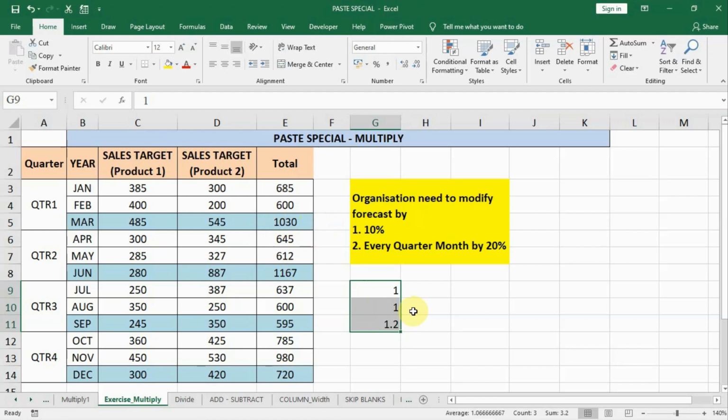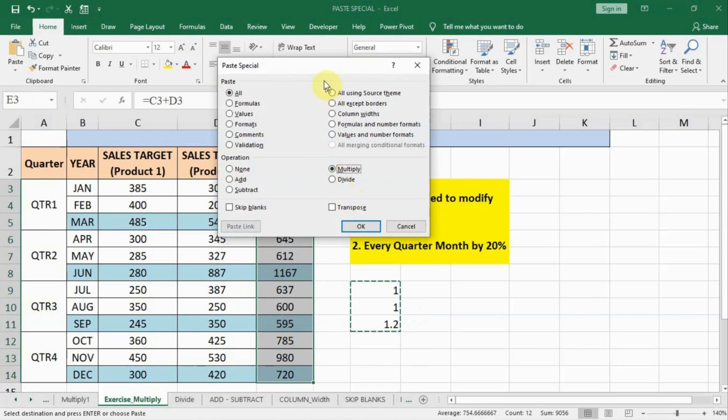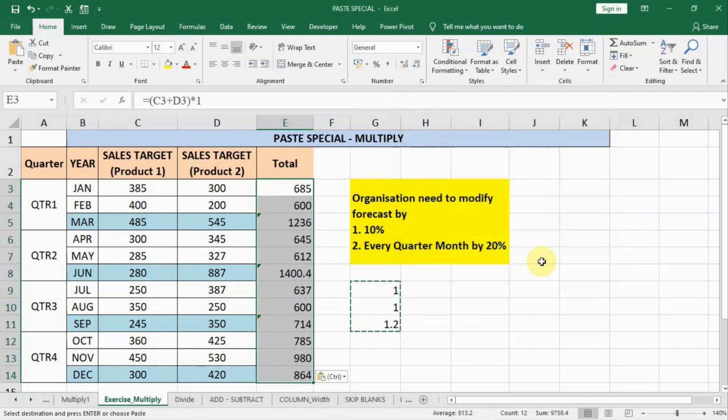So let us copy the source data, select the destination data, right click, paste special, multiply. See when you select multiply, the 685 is multiplied by 1, 600 by 1, and 1030 by 1.2, and we press OK.